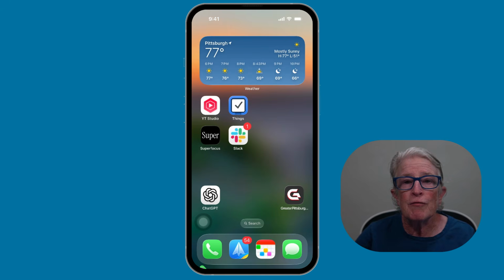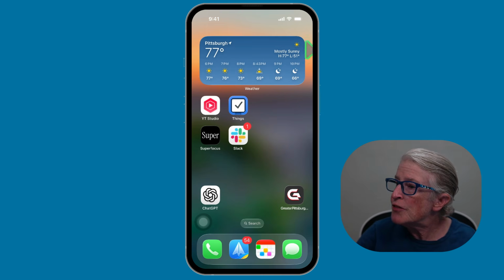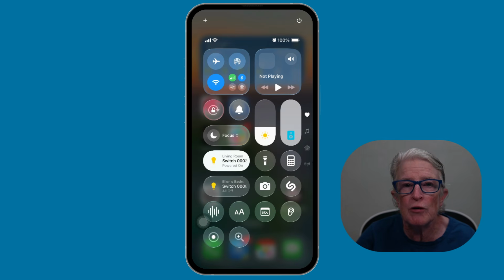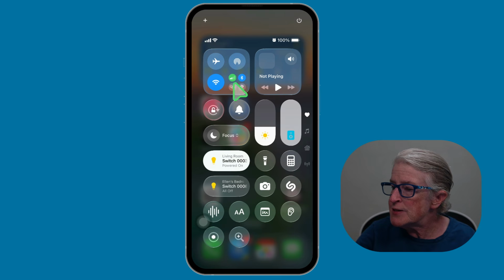Now let's open the Magnifier. The first hidden feature is simply knowing the fastest way to open the Magnifier app. You can swipe down from the upper right corner of your screen to access the Control Center. So I'll swipe down from the upper right corner of my screen, and this is what the Magnifier app looks